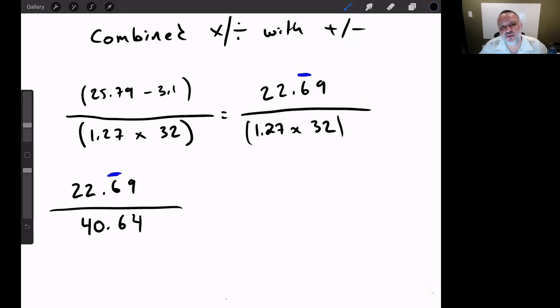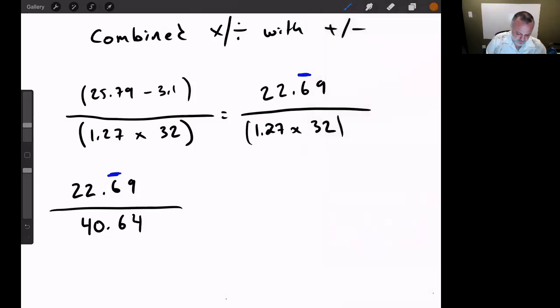And so what's the rule here? It's multiplication and division, and so I use the least number of significant figures. So the least number of significant figures is 2. 32 has 2, 1.27 has 3, so I have 2. And so where's the